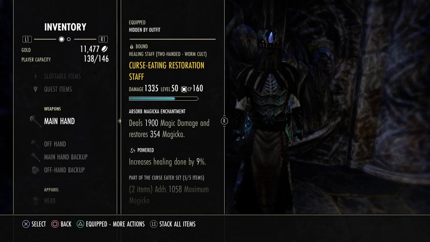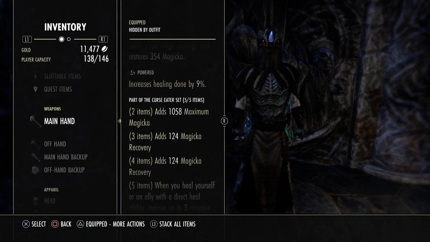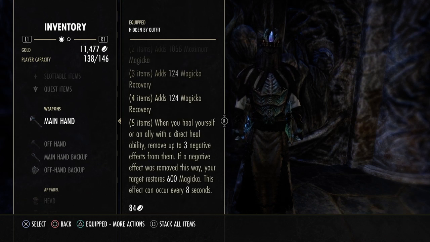Our gear is all going to be centered around getting as much negative effects cleaned off of our group as possible. So with that in mind, we're starting with Curse Eating. The resto staff is empowered for the maximum heal. And the 5th piece,